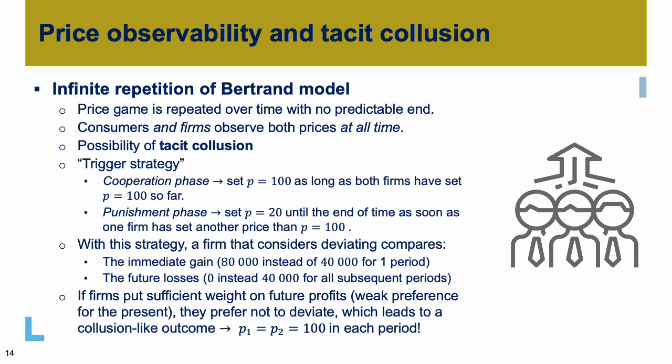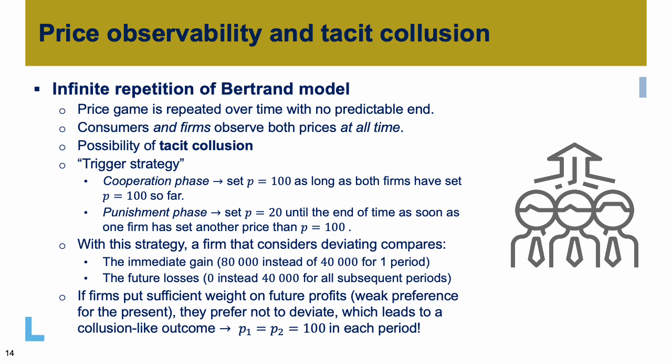Now, you probably remember the story of tacit collusion, which I will not detail here. You can read the slide. But remember that the story is based on the idea that firms may be setting a high price, here 100, in every period, because they fear that if they deviate, if they set a different price, then the other firm is going to punish them by setting a price equal to marginal cost for all the periods to come. So firms will balance what they can gain by deviating now and attracting all the consumers with what they would lose in the future by making zero profits forever.